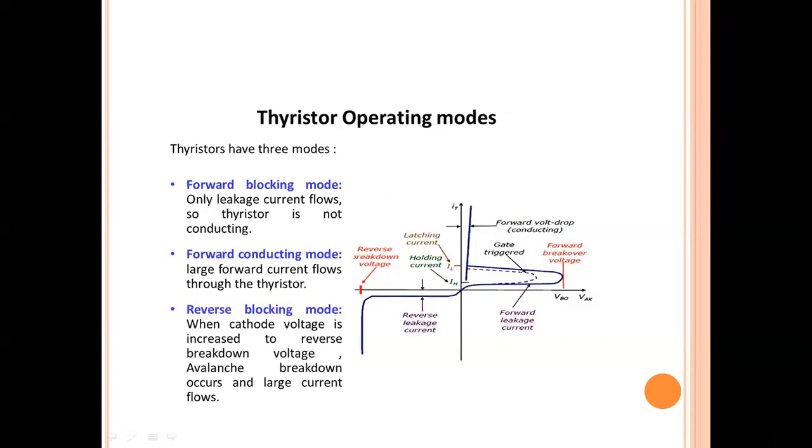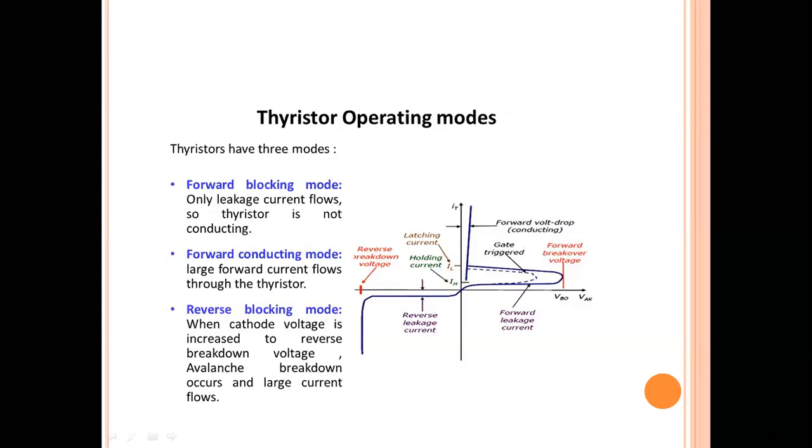So in the first part of operation, from O to M, it is the blocking mode. From M to N, it is the transient. That means whenever the satisfactory conditions are provided, the SCR shifts from its blocking state to the conducting state. Okay. So majorly these three are the thing. And coming to here, you have two voltage parameters defined on this x-axis. One is VB naught and the other one is VBR.